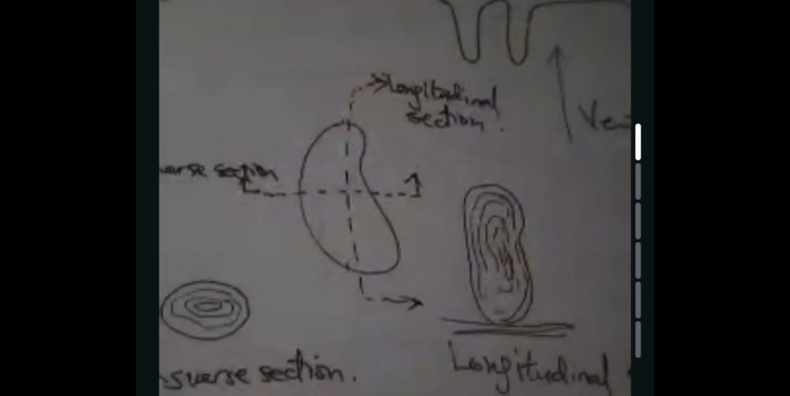So this one I'm labeling as the transverse section, while this one I'm labeling as the